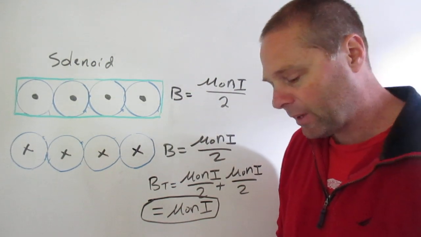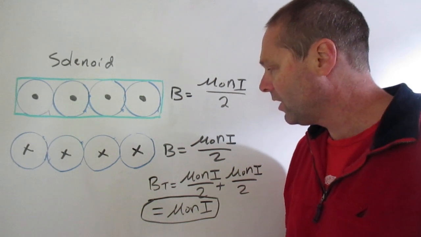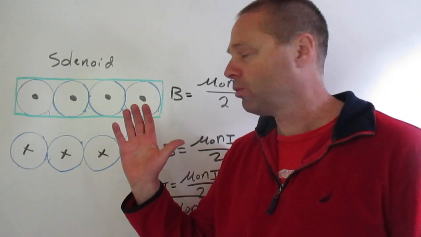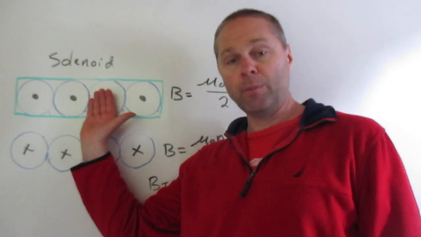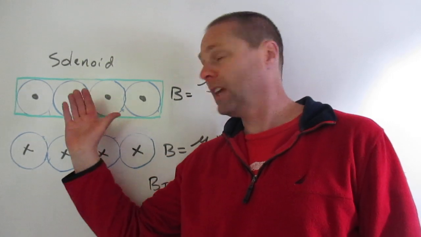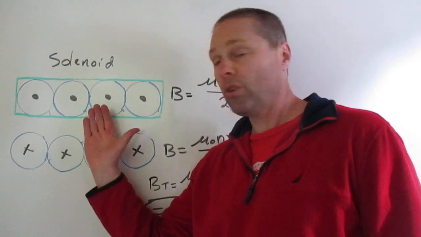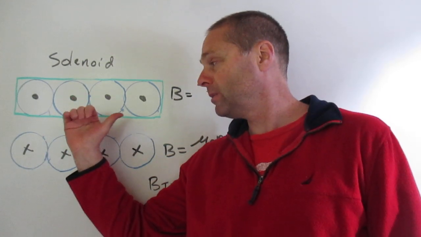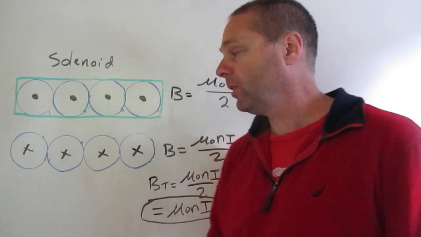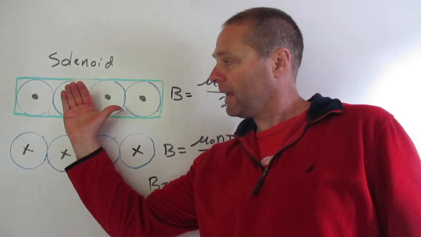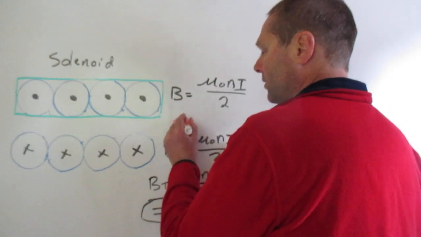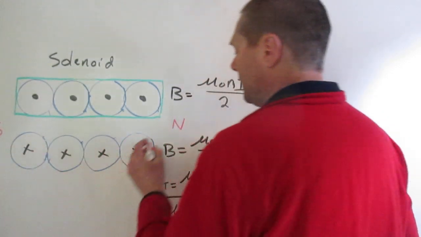Now there's another thing we can look at. We can look at the direction of the magnetic field, which way it's going to flow. So we're going to use our right hand rule. Our fingers are going to represent the current, and in this case the current is coming out at you, just as the dots represent. And the crosses or the X's mean that it's going to be going away from you, and our thumb is going to point in the direction which it flows. So if we do the right hand rule, we see that our thumb is pointing this way. So this is going to be our north field, this is going to be the south field,